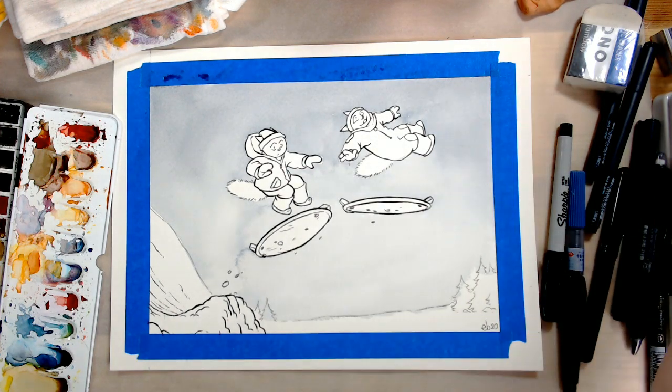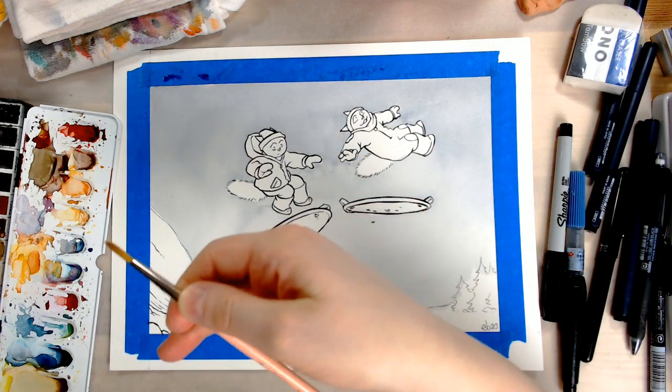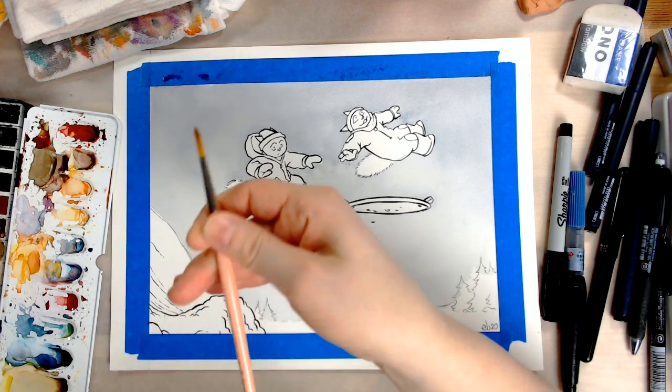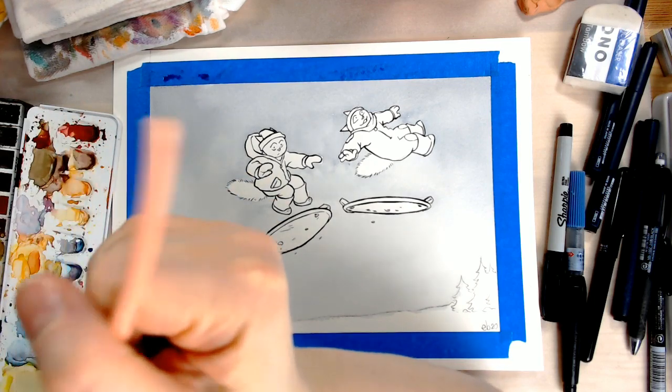I will use a synthetic brush. Yep, this one. I'll try, and if it's not right, I'll switch. That's one from Recollet. It's technically a size 4, but